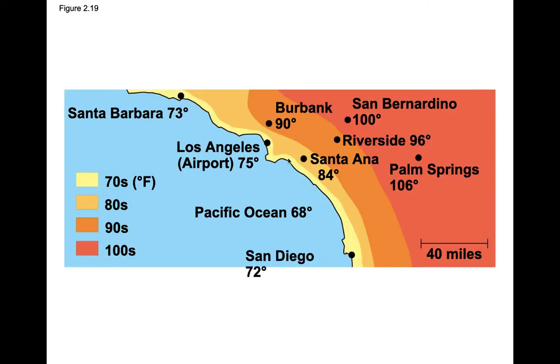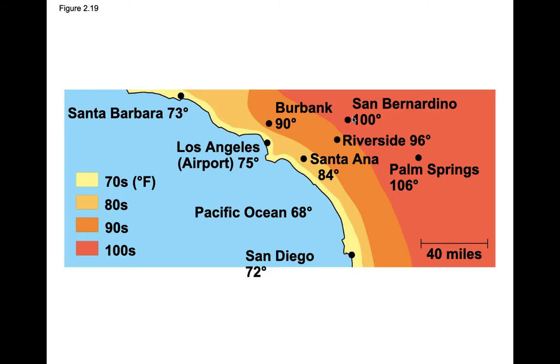And we can see this in California, where Los Angeles might only be 75 degrees because of that influence from the ocean temperatures. But if we move inland, suddenly we might see a 25-degree temperature swing because there's no water moderating these continental